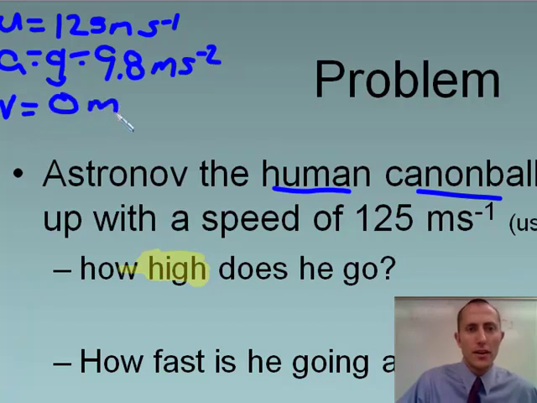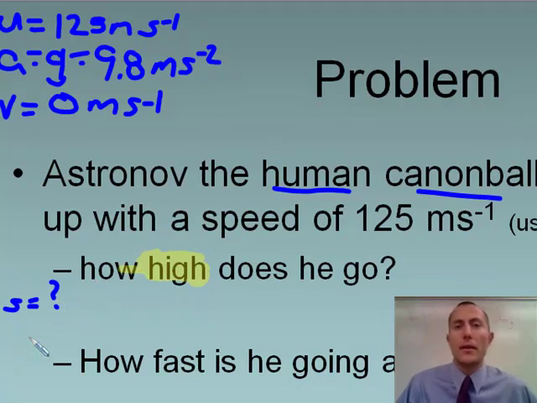At the peak, the final velocity is going to be 0, and so here we're looking for the displacement. So if we think about our kinematics equations, we have initial and final velocities, we have the acceleration, we're looking for the displacement, so we can use